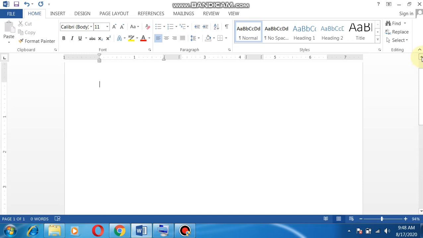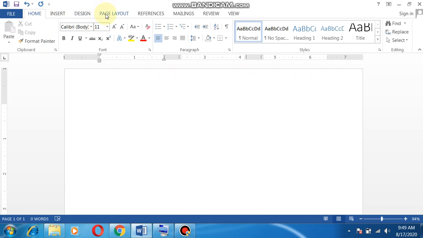Okay, margins is not a new word for you. Margin is the space which is being left in the page when you write. In your book, in your notebook also, you see that you leave some margin when you write something in your notebook. So when we are typing, then also we need to leave some portion empty on all sides, on all four sides. So that empty portion is known as margins. So how can we increase or decrease it?